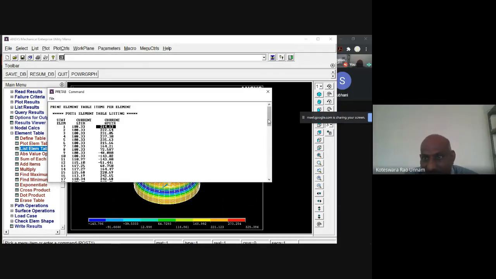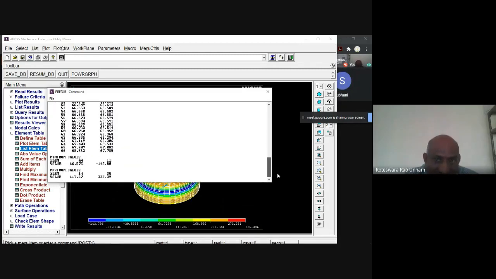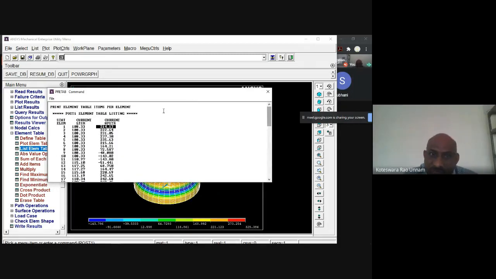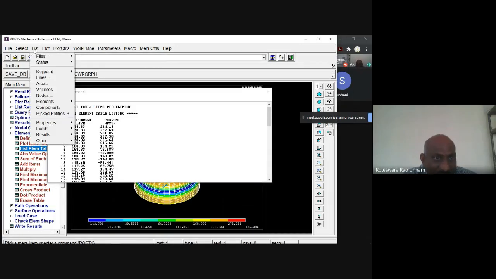Therefore you have to save this file first, then open it in Excel so that you can plot it. If you want to save it, you can simply do file, save as, and save this file wherever you want. By default, it will be saved in your working directory. Similarly, you need to use the nodal coordinates also.